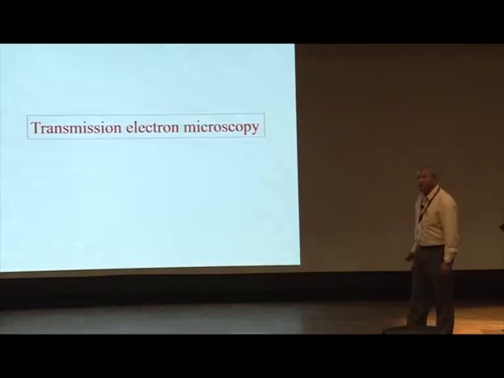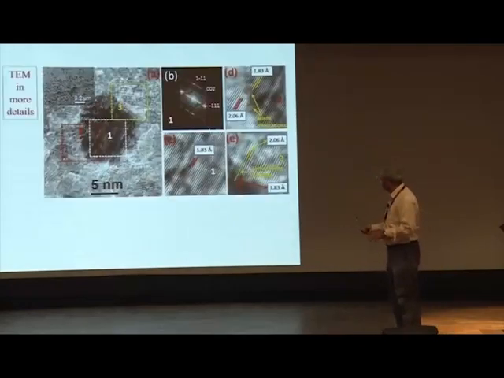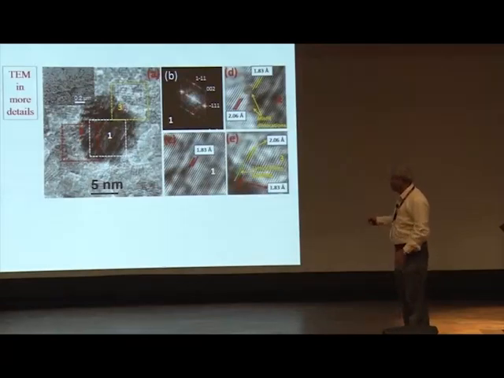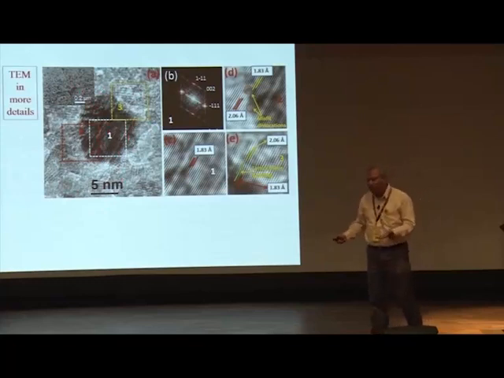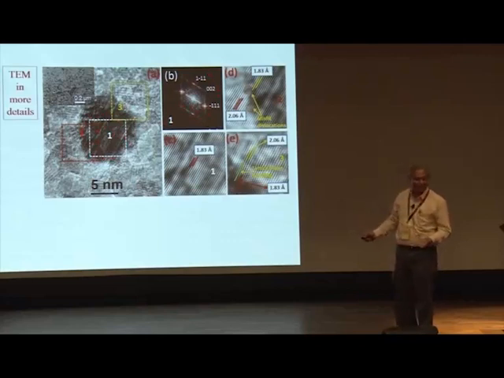Now, the transmission electron microscopy. What we couldn't see, we got the average information over the whole area. But if we do transmission electron microscopy, we can see some more details. Here, this is a plan view, that means we are looking from the top, and we can easily see that this is grainy and polycrystalline. There is a density variation, this absorption contrast we have here. We just concentrate on one of them, this dark one. If we choose this area and take a fast Fourier transform, we get this.